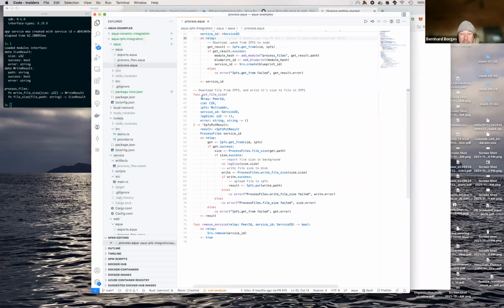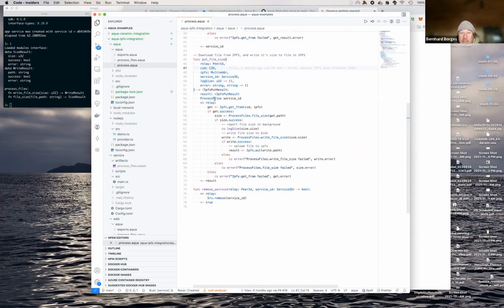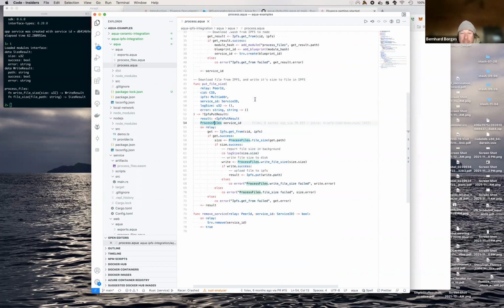And basically all this part, again, it's just the function signature, just like before. You need your CID, multi-address, service ID. Again, we have some callbacks here, and your node ID, which is the relay. And then again, very simple. On this relay, pick up the content. If we get the content successfully, we now call our service. And this is, remember when I showed you the first little example about the greeting where we had the service binding? Well, here we're doing it right up front, and this is the binding. We're binding the service,